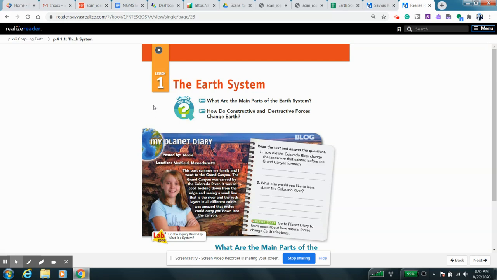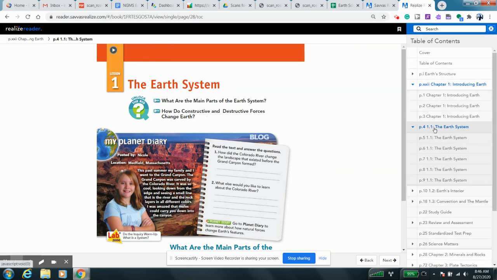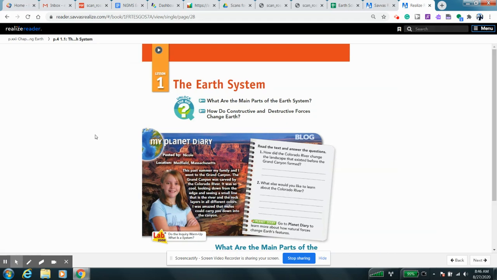All right, so let's quick recap. For Earth Science, we are in our Pearson text. And if you guys remember, when you log into Pearson, you are going to go to classes and then the e-text. And in order to get where we are going, go to table of contents. You're going to go to the chapter, and then you are going to go to the lesson. Okay. So in this case, we're just going to start off with chapter 1, lesson 1, which is called the